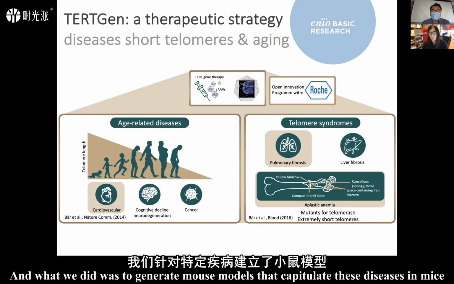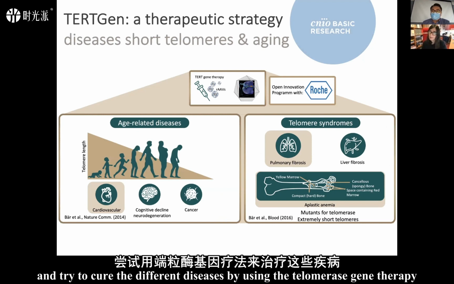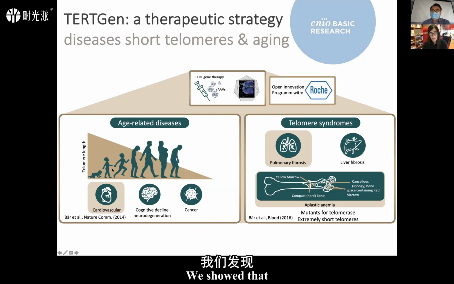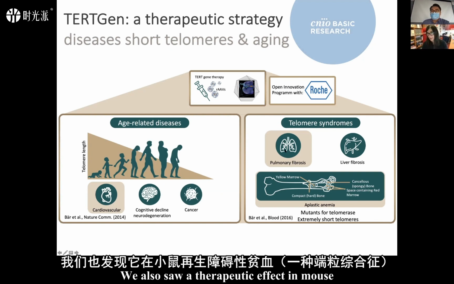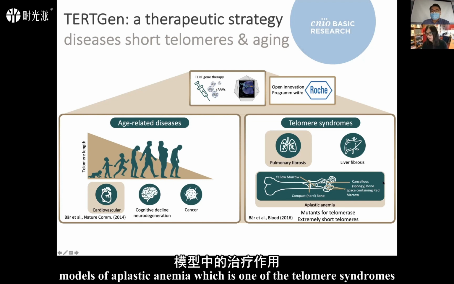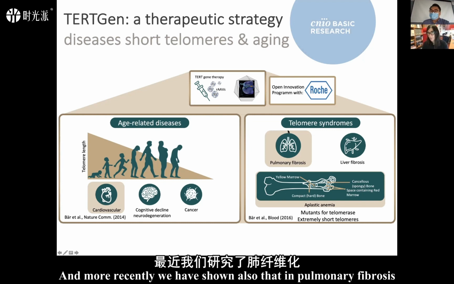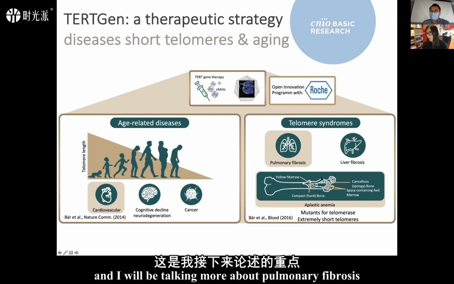And what we did was to generate mouse models that recapitulate these diseases in mice and try to cure the different diseases by using the telomerase gene therapy. We showed that in mouse models of heart infarct, the telomerase gene therapy had a therapeutic effect. We also saw a therapeutic effect in mouse models of aplastic anemia, which is one of the telomere syndromes. And more recently, we have shown also that in pulmonary fibrosis, and I will be talking more about pulmonary fibrosis,